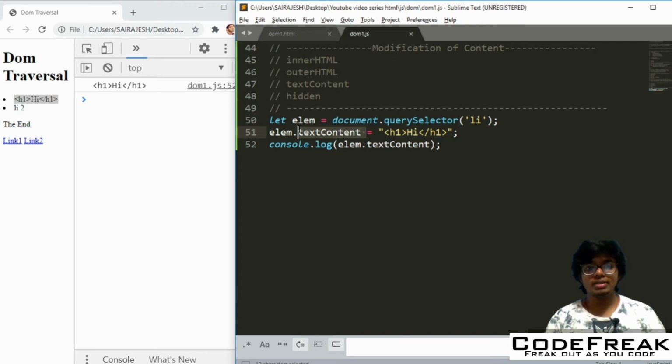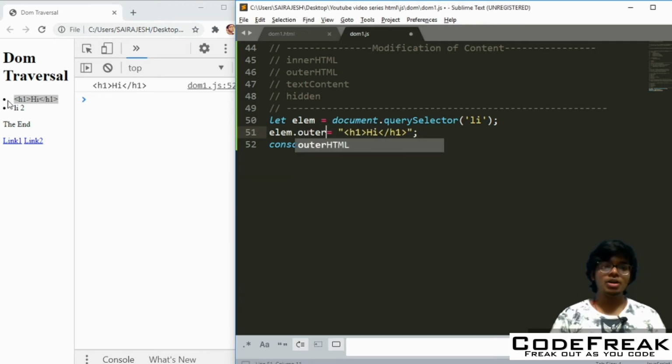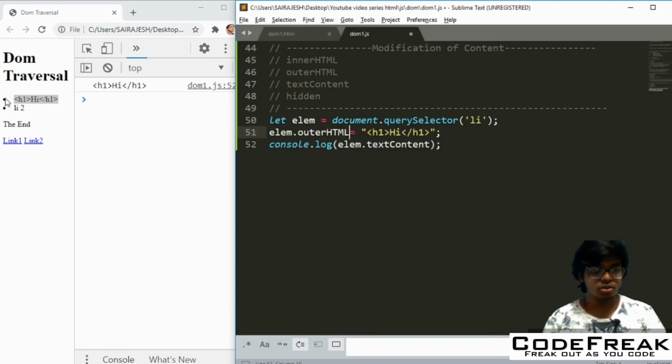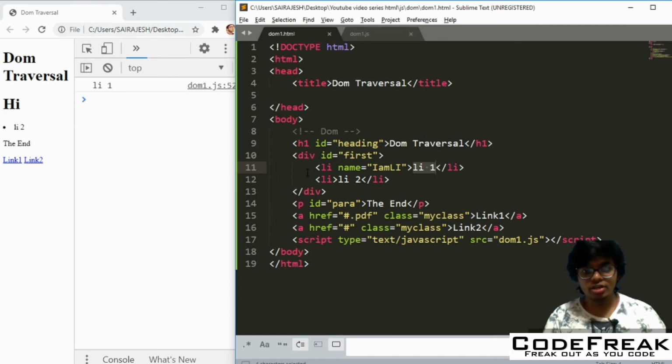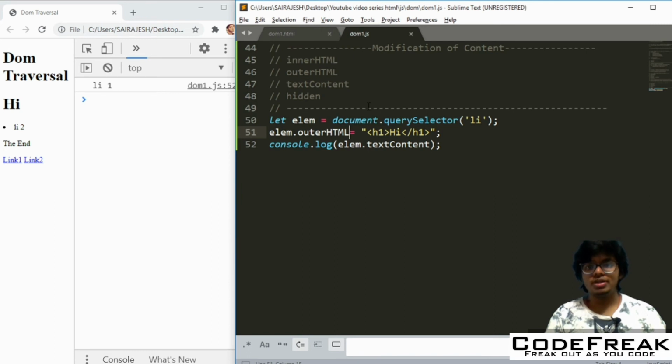Now let's look at what exactly outer HTML does. Remember that you are getting this dot even when you used inner HTML or text content. Okay, so now let's look at what happens if you do outer HTML, and let's put this tag here. See, you see the dot went off. So basically what happened here was that you are replacing whatever is there. So you are replacing this full tag with the h1 tag. That's what has happened here, right? So that is how outer HTML as such works.